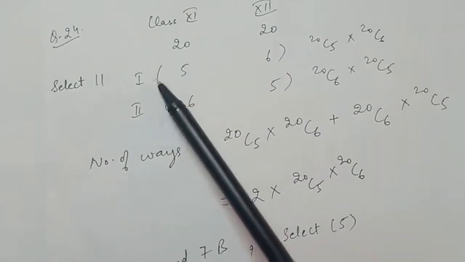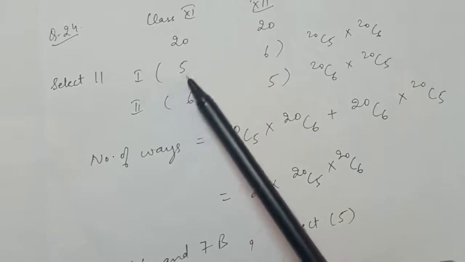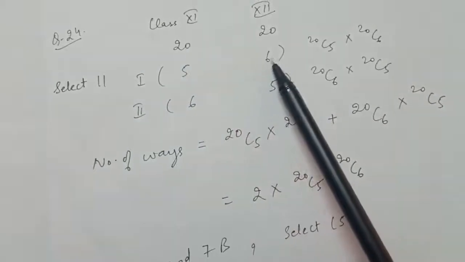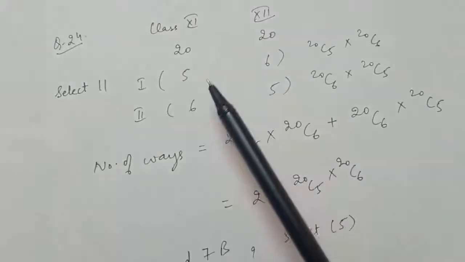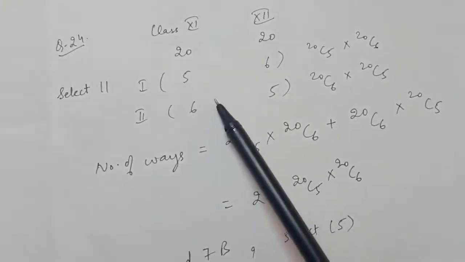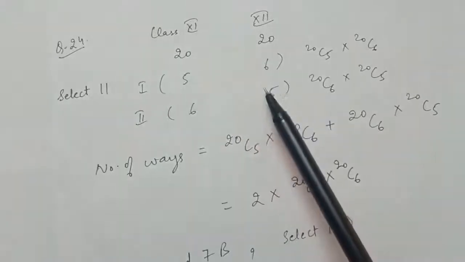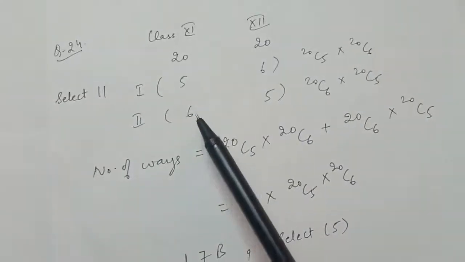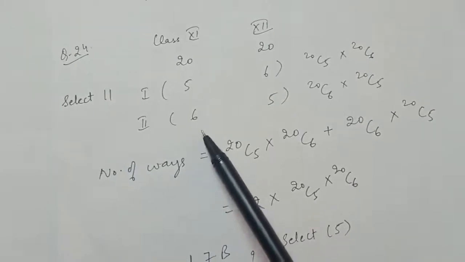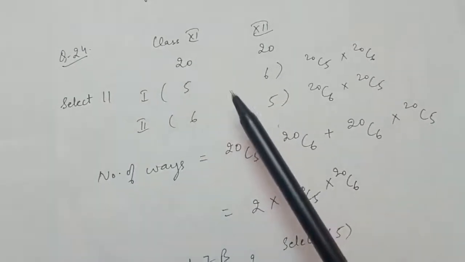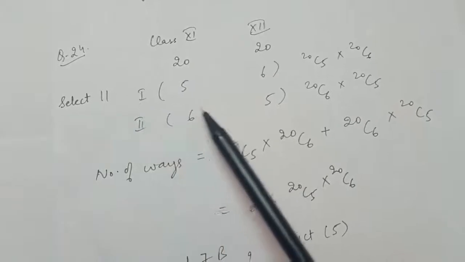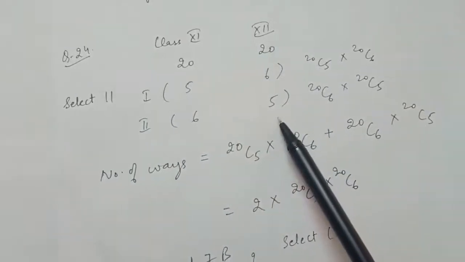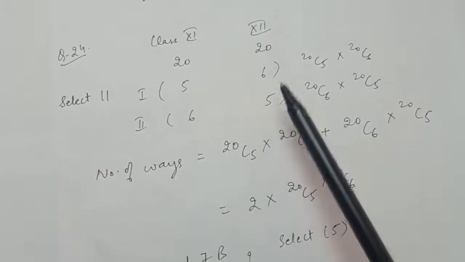So the first case is if we select 5 students from class 11th, then we have to select 6 students from class 12th. And the second case is if we select 6 students from class 11th, then we have to select 5 from class 12th. There will be no other case. Suppose I select 7 from class 11th, then out of 11 only 4 are left, which are to be selected from class 12th, but we cannot do this because we have to select at least 5